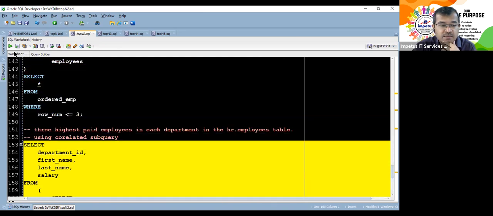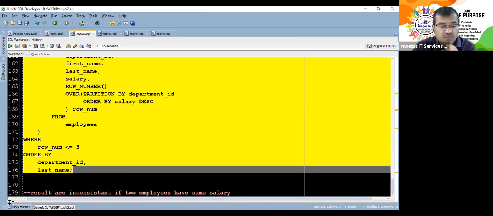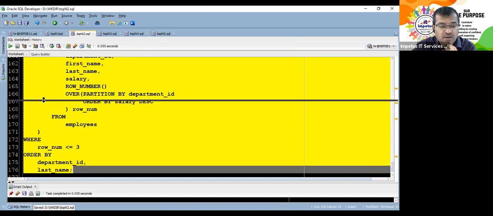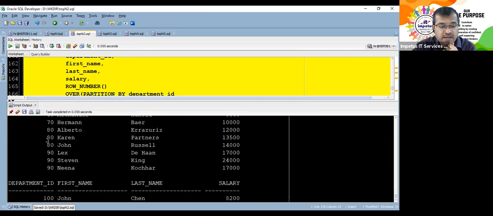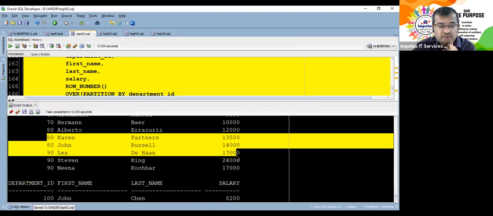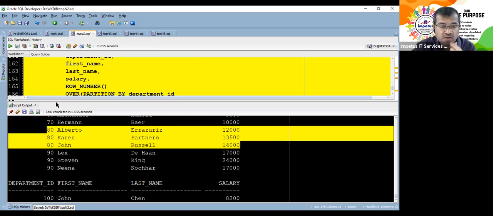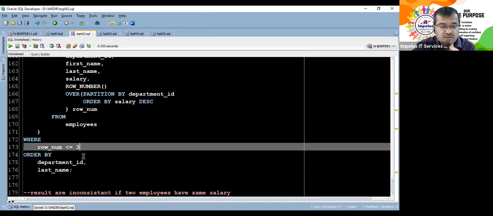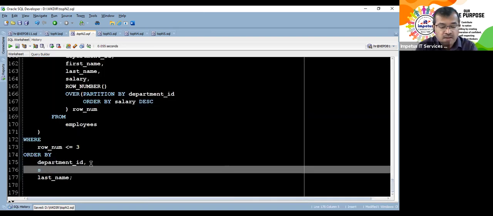Because if I say last name, it was ordered only by last name. Now within the department number, do we have the order? Let's see department number 80. No, we don't have the order. The order is lost. We have got the top 3, but the order is lost. So that was right. So let's say order by salary, descending.